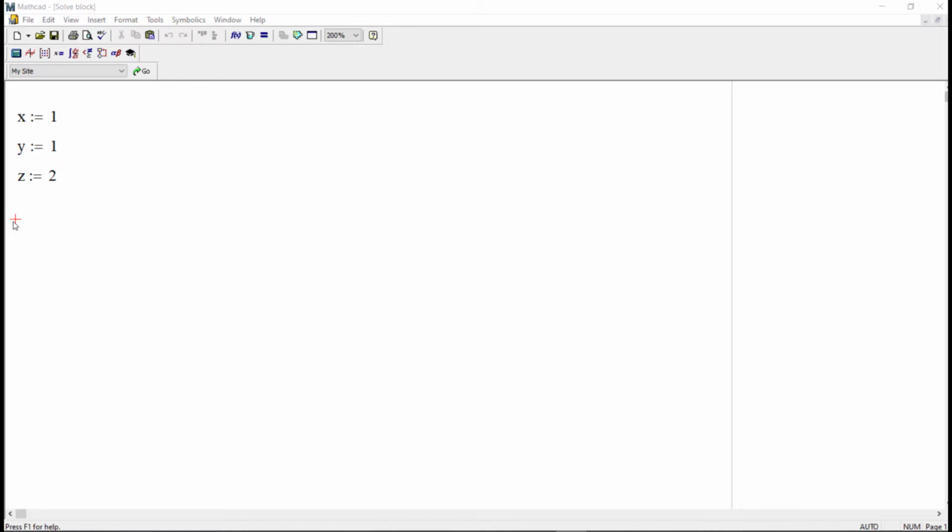If in the past you used to work with solve blocks, then you already know that in the legacy Mathcad version they are constructed as follows. We start by defining some input values for, let's say, x, y, and z to start our calculation from. Then we need to type the word given,